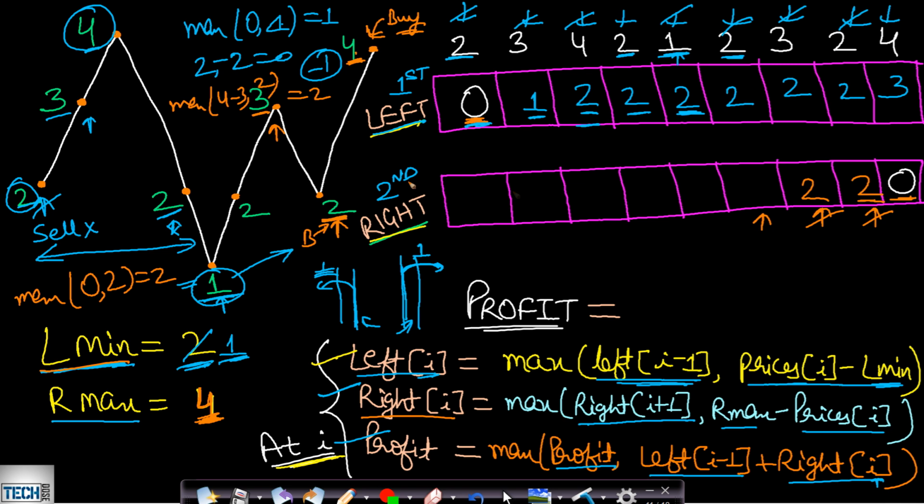Now we will move again to the next point 2. Again we will take the maximum of 4 minus 2, which will be 2, comma the previously calculated value, which will be 2 again. We move to the next point, it is 1. So in this case we will buy at price 1, sell at price 4, profit will be 3, the already calculated value is 2, so the maximum of both these values will be 3. And now as we keep moving, the maximum will come out to be 3. Okay, so you can try to fill this array yourself as well.